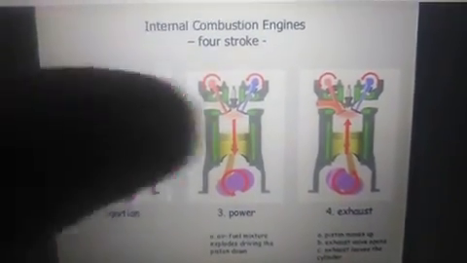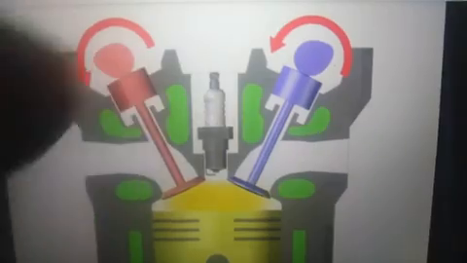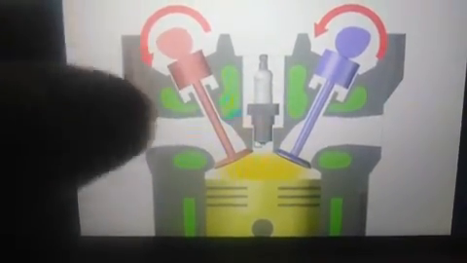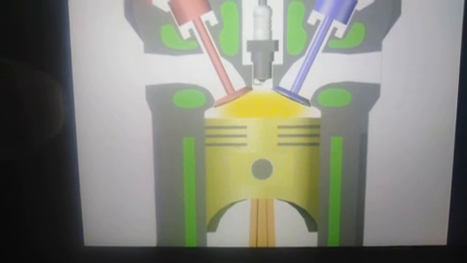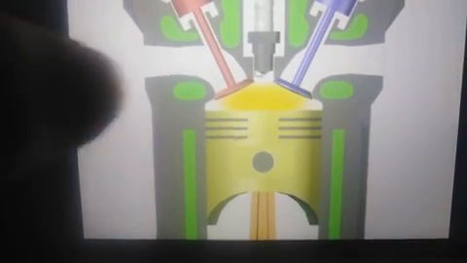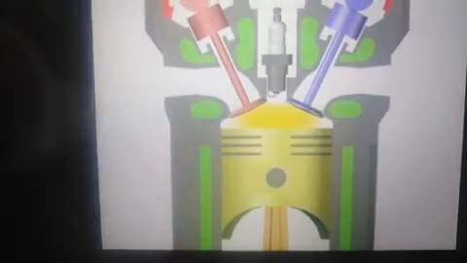So this is the four-stroke engine which we studied. These are the different valve arrangements of this four-stroke engine. So this is the IC engine working of two-stroke and four-stroke engines that we discussed today. Tomorrow we will discuss other basic components of the IC engine, and we will discuss other important points for the IC engine. Okay, thank you.